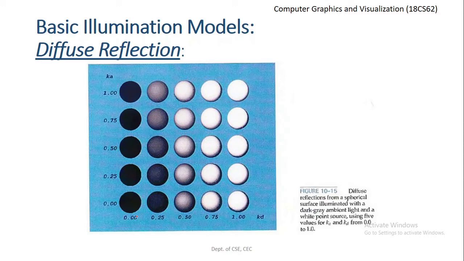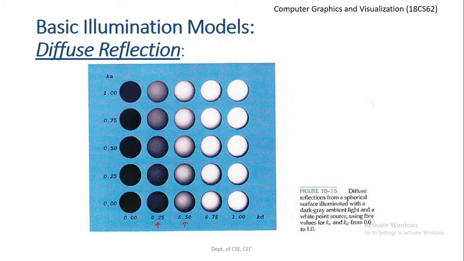What you can observe here is Ka is set to 0 for all these subsequent spherical surfaces. In this example, the value of Kd is increased to 0.5. In that case, we can make out some very light white highlights on the sphere, which are much more clearly visible when we increase the value of Kd to 0.5, right? Now this particular spherical surface looks like a sphere because of the variation in the shades on the different surface points.